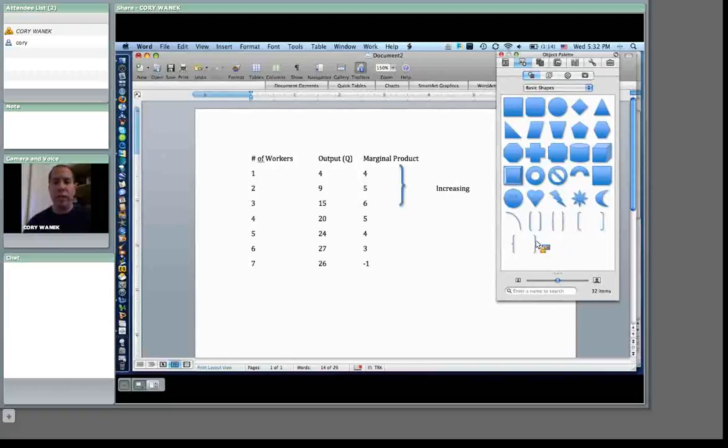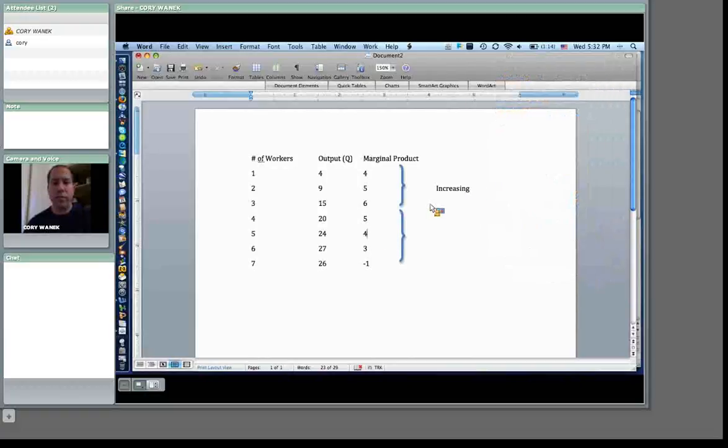Over here, this is the diminishing part. Let's see how well this will work here for me. We have diminishing